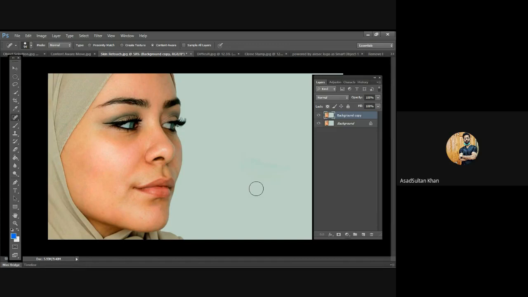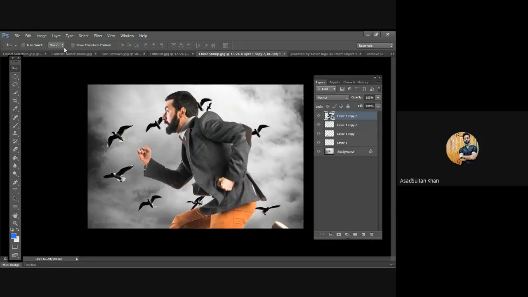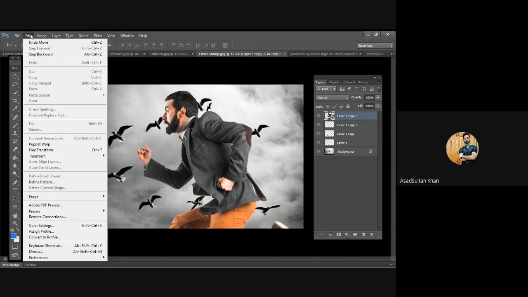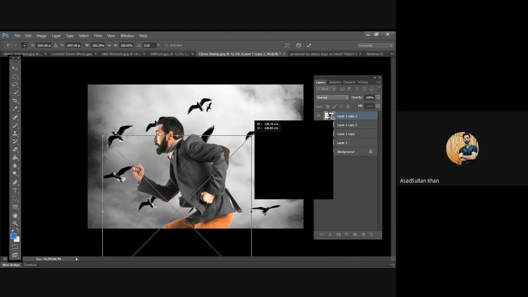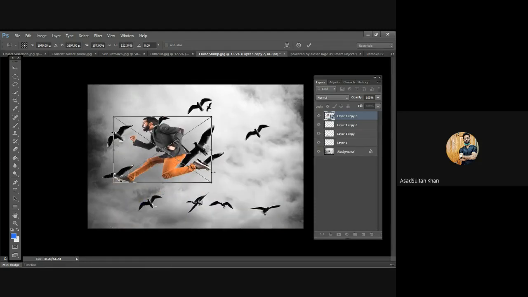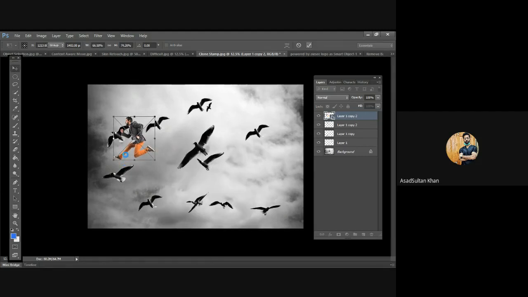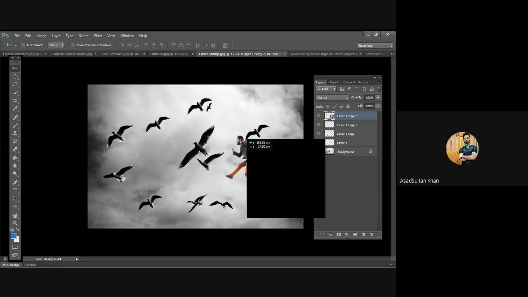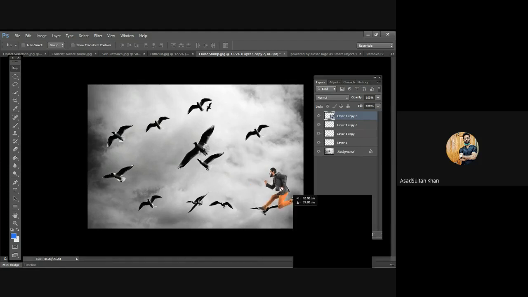Can we change the size of the man or will it remain exactly the same? Yes, we can change the size. How we can change the size is basically, so we had this person here. हमने इसको स्मार्ट ऑब्जेक्ट में किया हुआ था. We're gonna go to the Edit वाला जो टैब है, and then we're gonna go to Free Transform. वहां पे जाके we can change the size, we can change whatever we want about the person. जितना मर्जी छोटा या बड़ा करना चाहें we can do that. You can do it basically, but it's best if you do it after converting into a smart object, basically. When it's loaded. This is how you can do it.